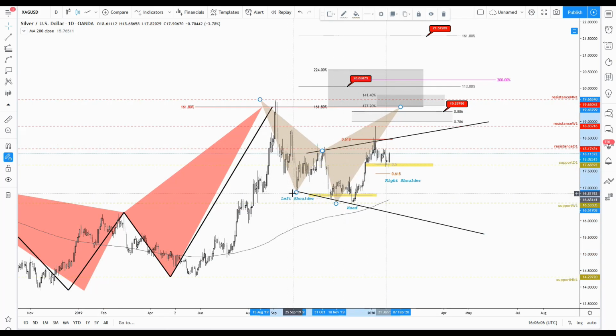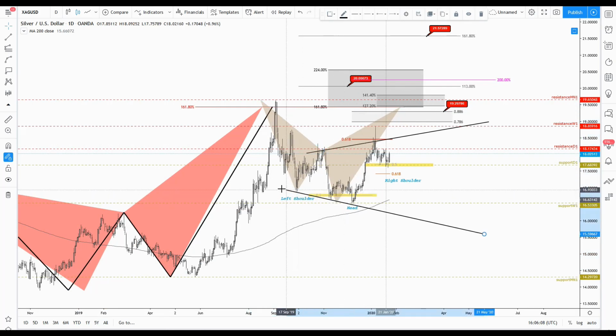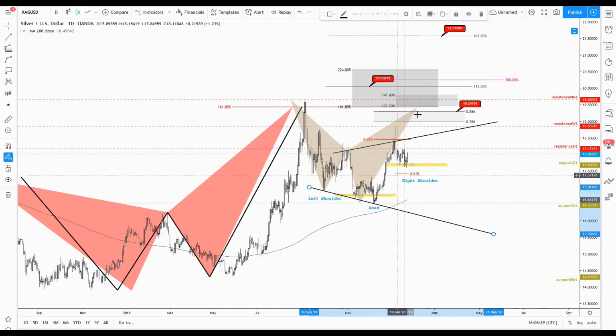We can call this not before printing these false breakouts below this previous low. So this left shoulder, and eventually this kind of, it's not a technical double bottom, but some of you are eventually considering this as a double bottom. It's a false breakout below the previous structural lows, which may trigger more upside momentum. And when I see the price breaking above the previous structural resistance, I start to project that shark